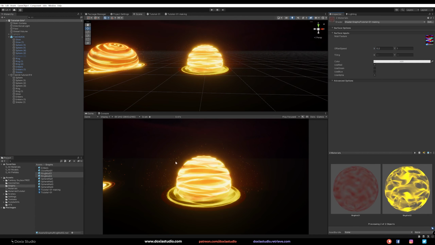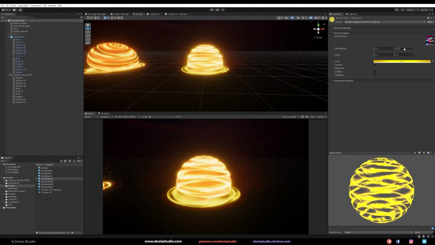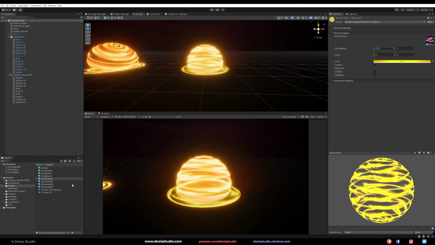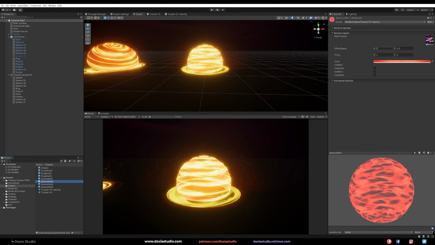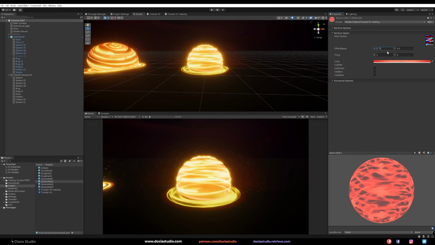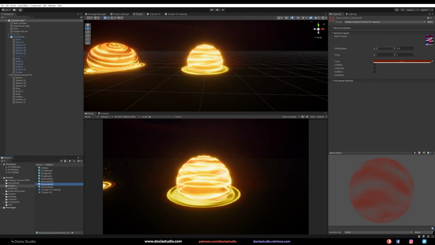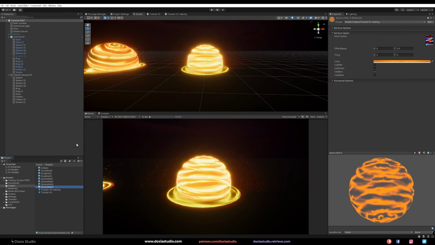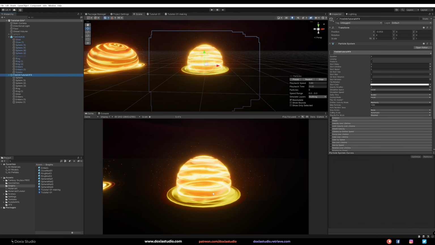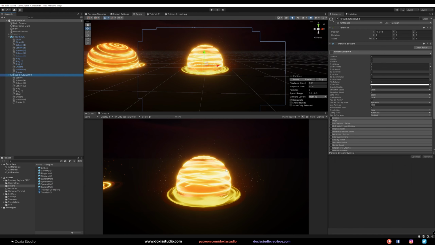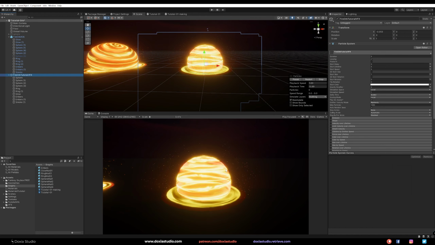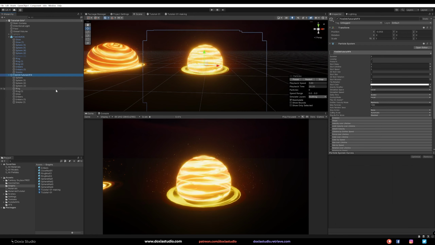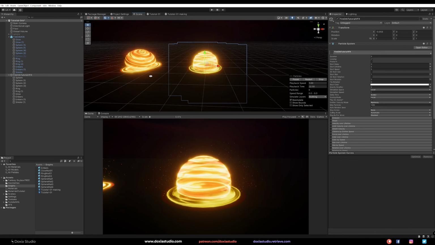And here, let's go with 0.2. So here, let's go with 0.1, 0.2. Here, let's go with 0.15. On this one, just 0.25. And we got a pretty cool different shape, right? Just by changing the offset. But right now, these embers don't work with our animation. So that's pretty much it for this tutorial.